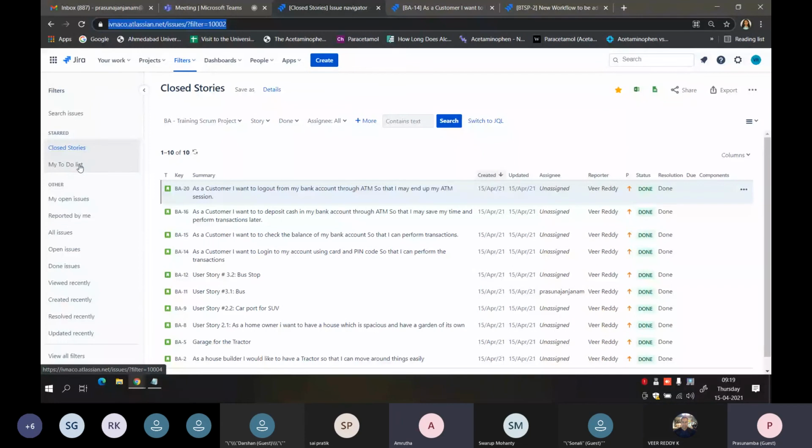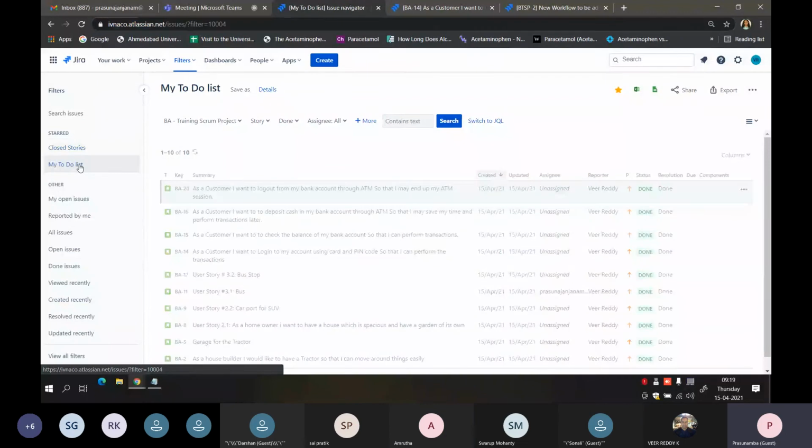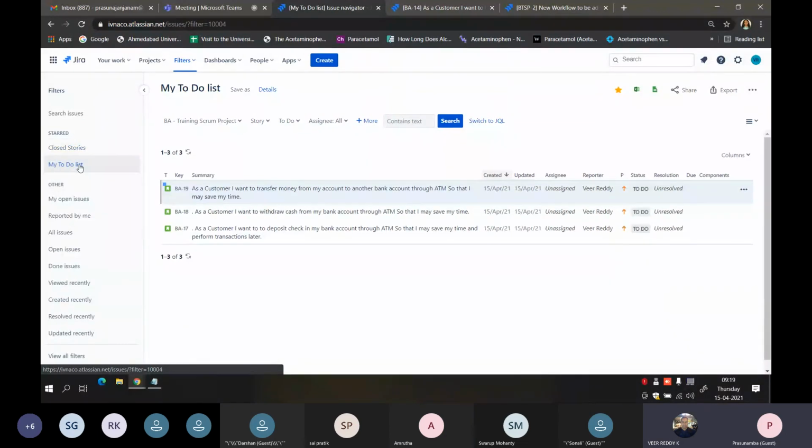Like we say, we saved a filter so that it is mentioned as my to-do list. For them also, will it mention our names? It will not mention your name. It will simply show it as my to-do list for them also. Okay, ma'am. The names will not be appended to it.